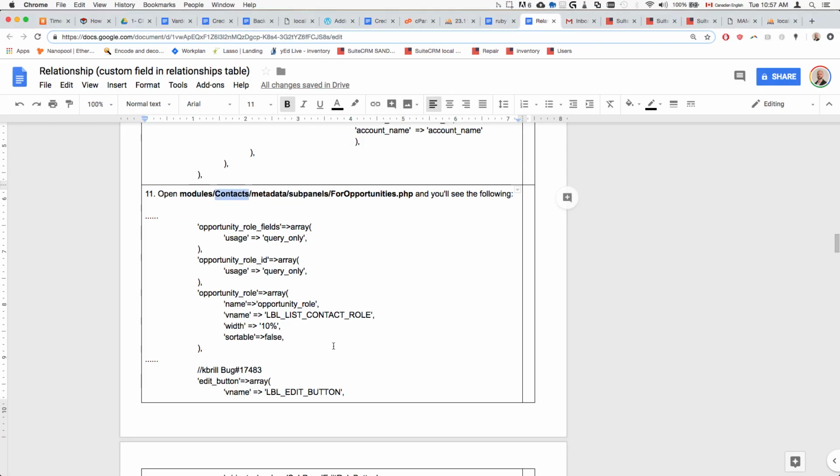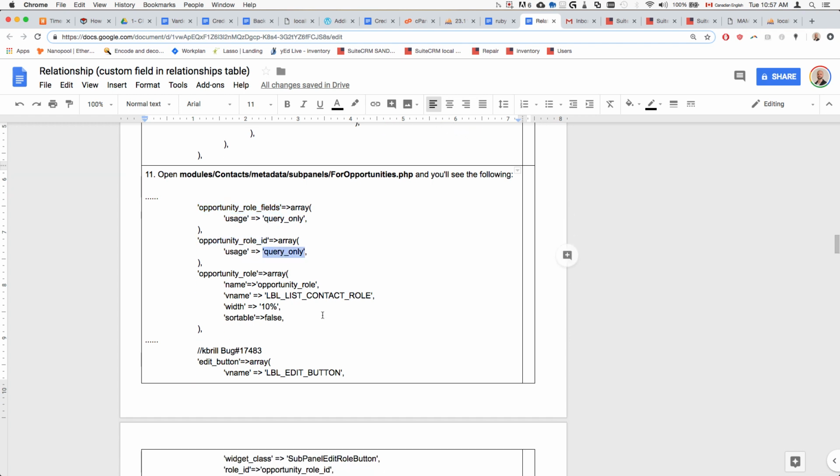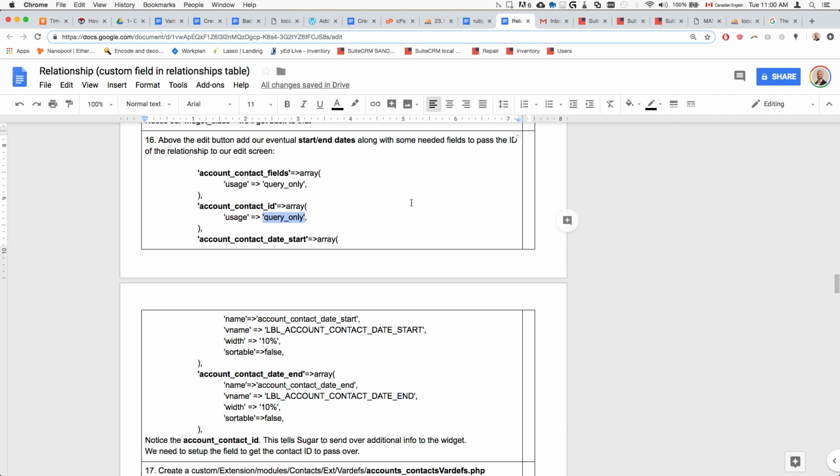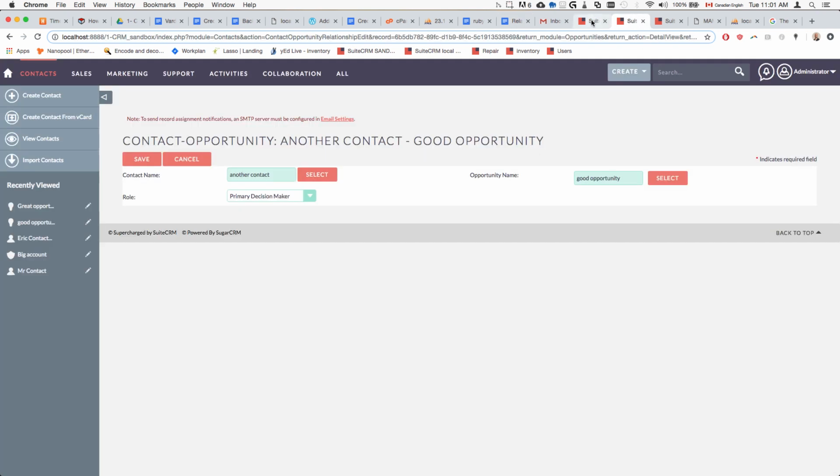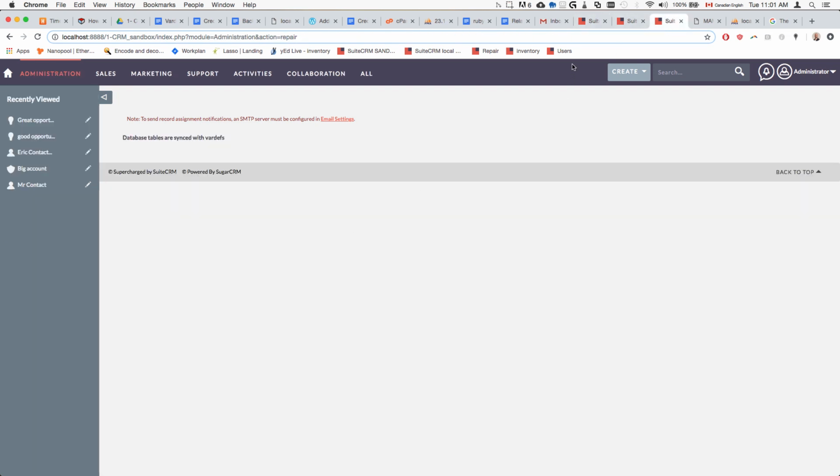So we can see here that we have the opportunity role fields, query only, opportunity role ID, query only. And basically that indicates that this information is going to be used to create a query, which is going to allow us to populate the subpanel section with the right data. So what I mean by that is if we look at the subpanel,